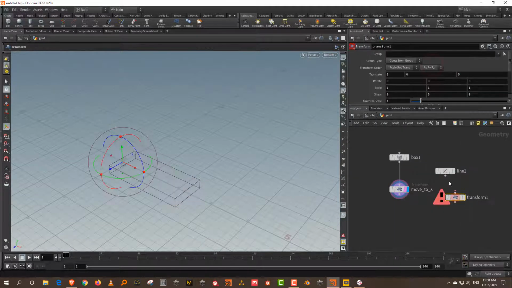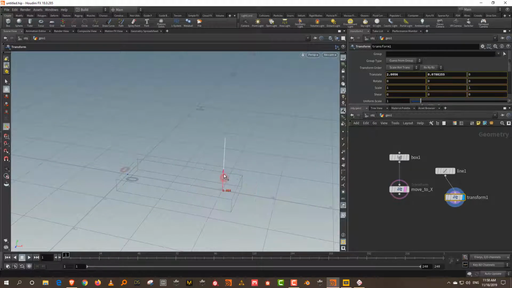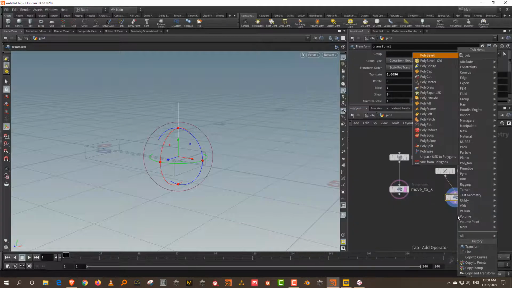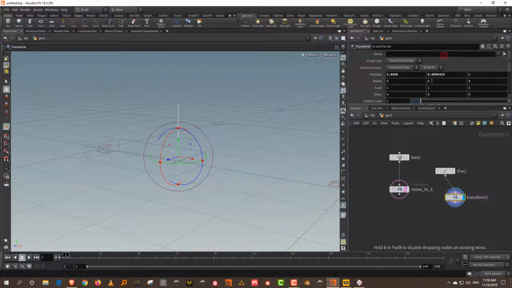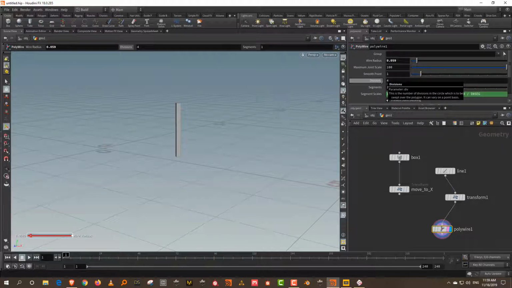We'll take a transform here and I'll just place it here. Now if you want to give the line a thickness, you get a very simple option called polywire, which is essentially for giving thickness to curves. You can just connect this and you'll see that it gives thickness, and we can lower it, and you can increase the number of divisions. So let's make it 20.